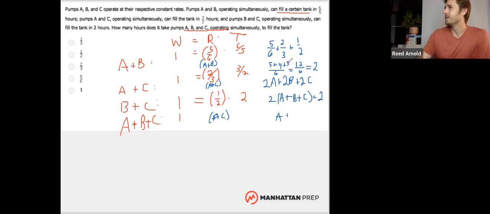5, 9, 12, 6. Perhaps I haven't. If you see an arithmetic error, please let me know. 5/6 plus 2/3 plus 1/2. 5/6, 4/6, 3/6, 12/6. Okay, so yeah, their combined rate is 2, so their individual rate, I'm sorry, their combined